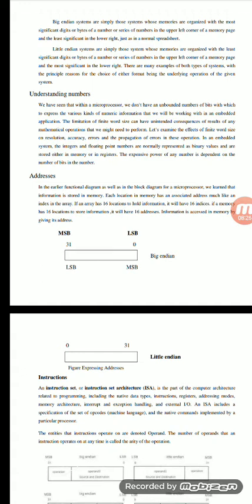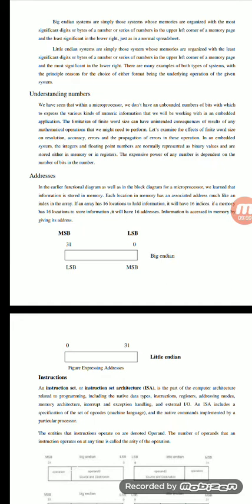Okay, next, understanding the numbers, address, LSB and data. We use address buses, and it totally depends upon the bits: 16 bits, 32 bits, 64 bits, 128, 256, or 512 bits. These bits are split into two major parts: one is the lower byte, and the other is the higher byte. Okay, LSB and MSB. What is the full form of LSB? Least significant bit. And most significant bit, that is MSB.